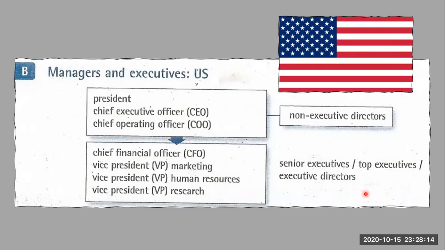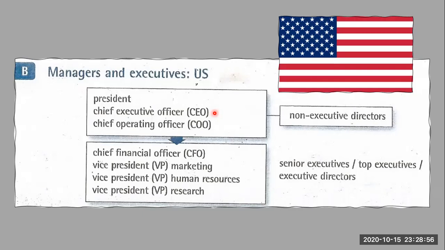So in the United States, we have the president or the Chief Executive Officer, CEO, an extremely important abbreviation. Please remember this forever, next time you see or hear it in a movie or on a paper. Sometimes even here in Ecuador, people will give you their business cards, or you're going to see it in organigrams. Even in Spanish, they say, I'm the CEO of the company. So it's another way to say the person on the top of the organigram. It's the boss of the bosses, or the president.